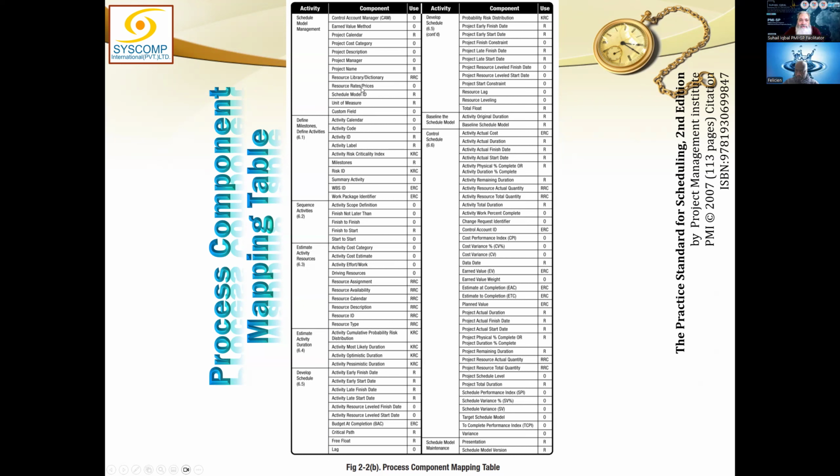Then we have resource rates and prices, which is optional anyway. Schedule ID and unit of measure are both required, and custom field is optional. And you see, this is how all of these are distributed. You can read through them, and you can even count the total number of required items, the total